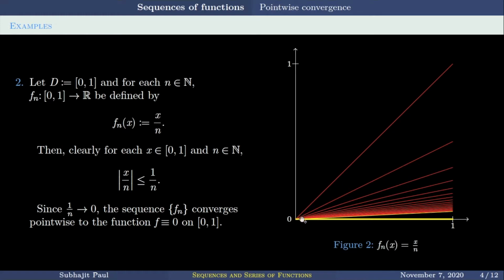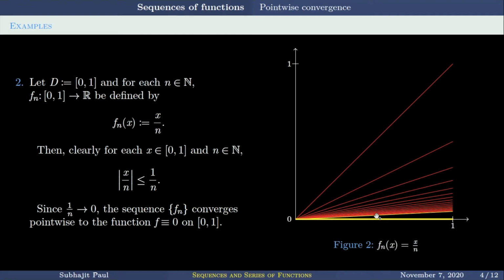Now you see, consider this point. This point is extremely close to 0. So suppose this point is 0.05. This point is coming epsilon close to 0 after the second term itself. You see, this is my f2. This is coming epsilon close to 0, the limit function. Whereas at this point, let's say this point is 0.1. This point is coming epsilon close to 0 after the fourth iteration. So after n greater than or equal to 4, the functional values at this point are coming epsilon close to 0. Fine.